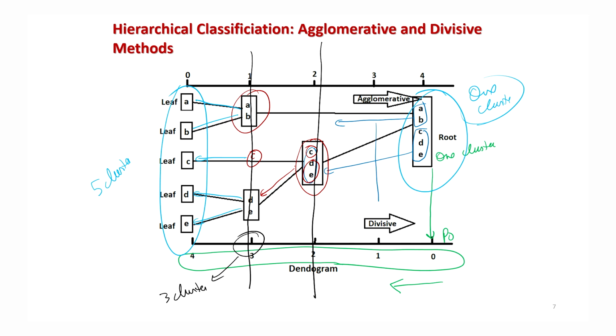The only difference between the default method of creating the dendrogram in the software and here is that here I have taken it horizontal, but in software you will see it become vertical like this one. But you will also have an option in the software to make it horizontal. So don't get confused when I show you this dendrogram in the R software, because I have created only the vertical ones, which are easy to understand.